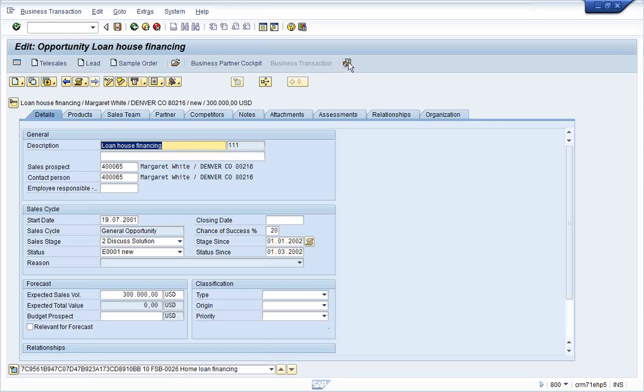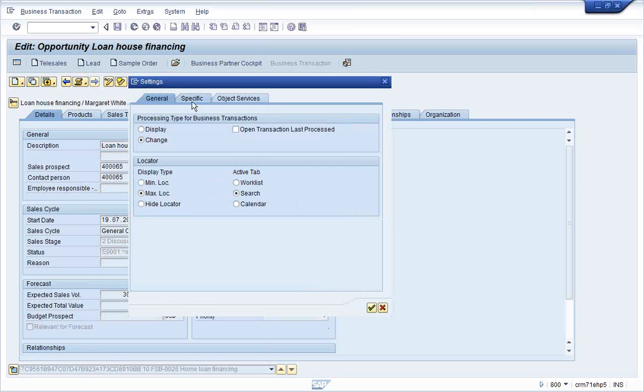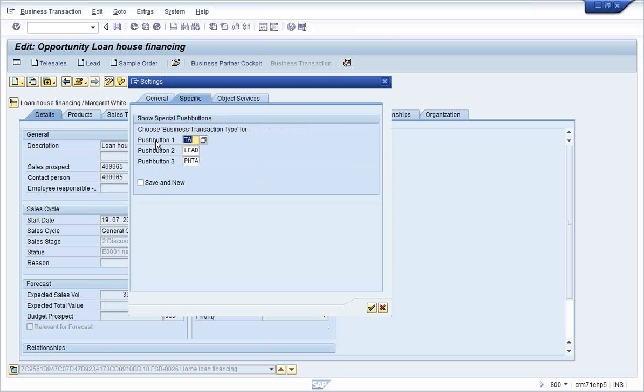Now there is a button here at the last in the toolbar. If you go here to the specific settings, you can maintain 3 push buttons, and these are the transaction types. So I have maintained sales, telesales, lead and sample order as shortcuts.